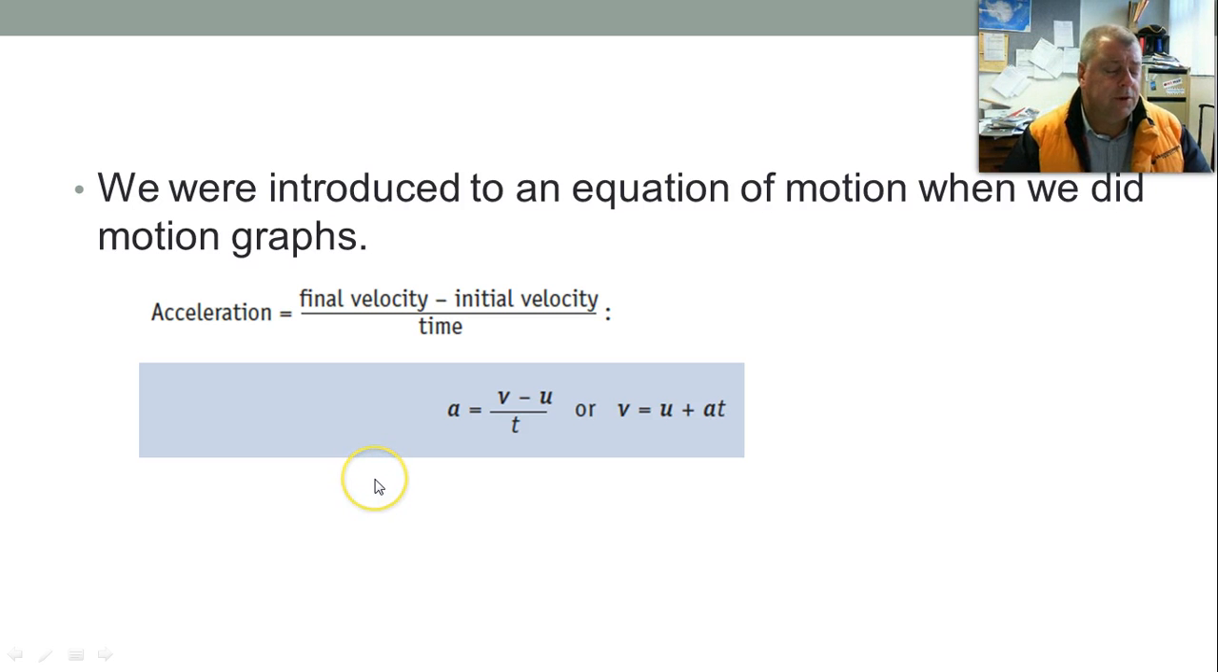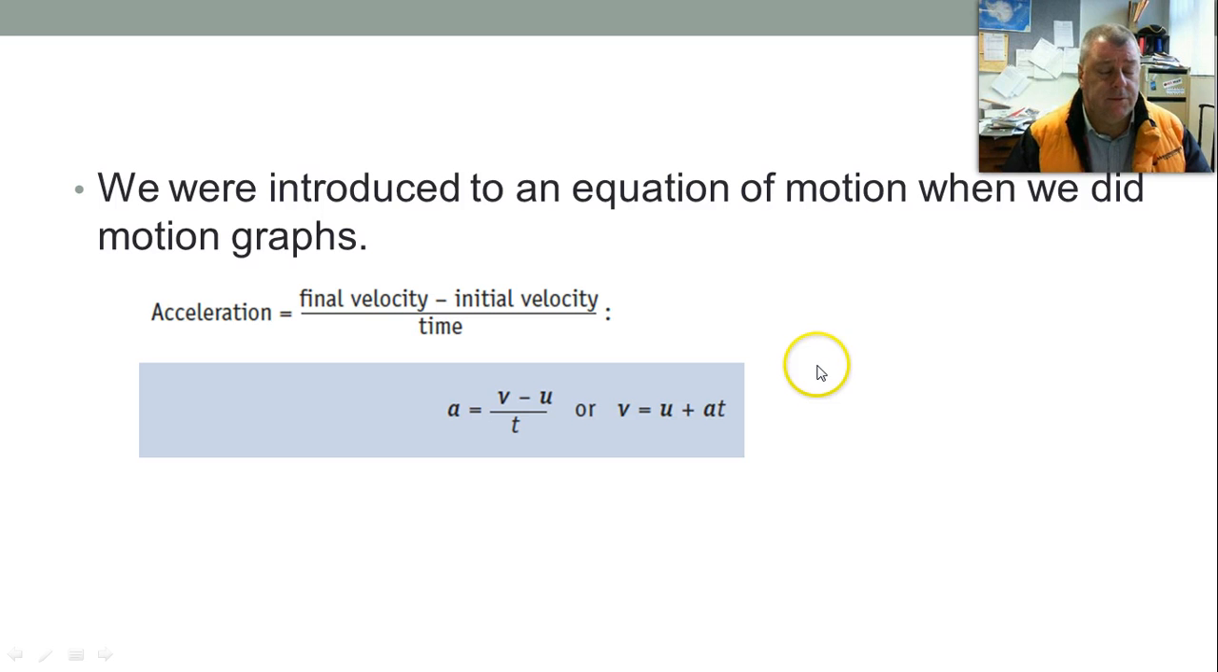We were given velocity equals distance over time, v equals s on t, but we were also introduced to the formula for acceleration, which was final velocity minus initial velocity divided by t, given as a equals v minus u on t, or on our information sheet you'll see it as v equals u plus at. And we were able to use that in a number of situations,